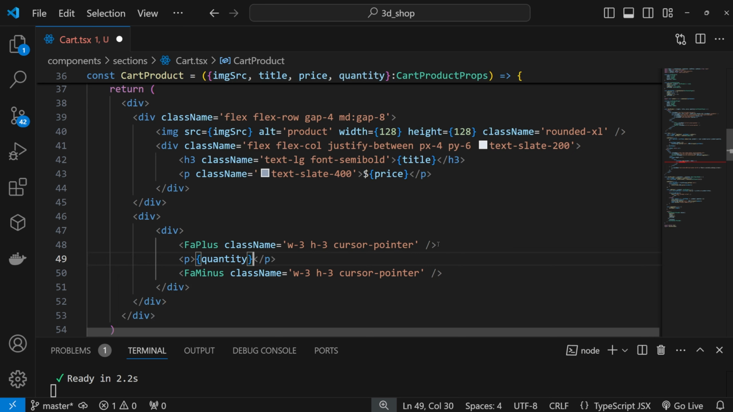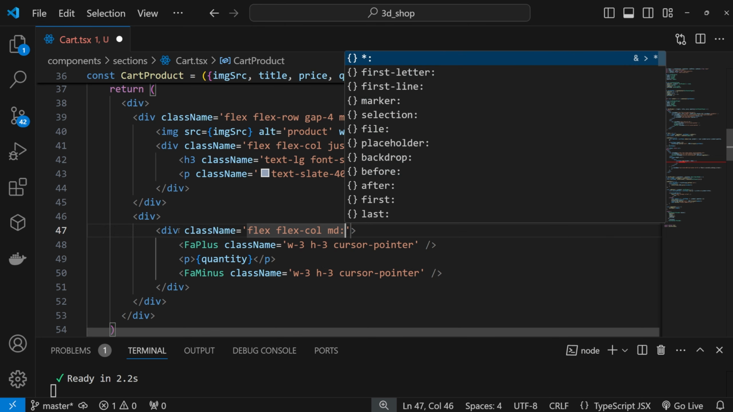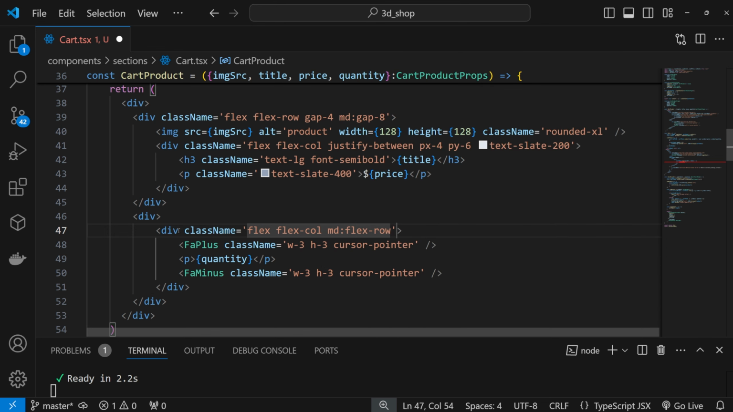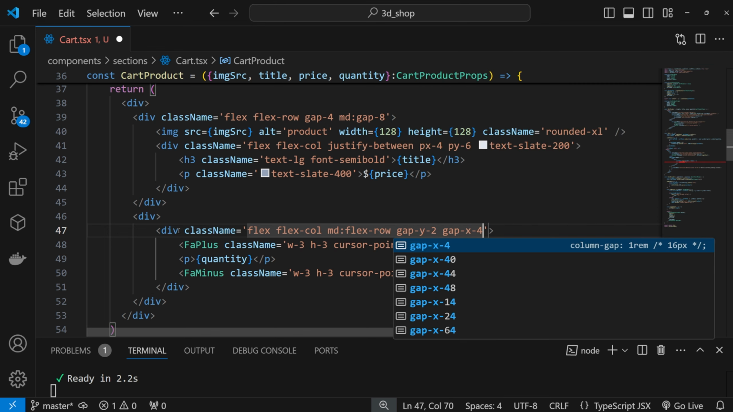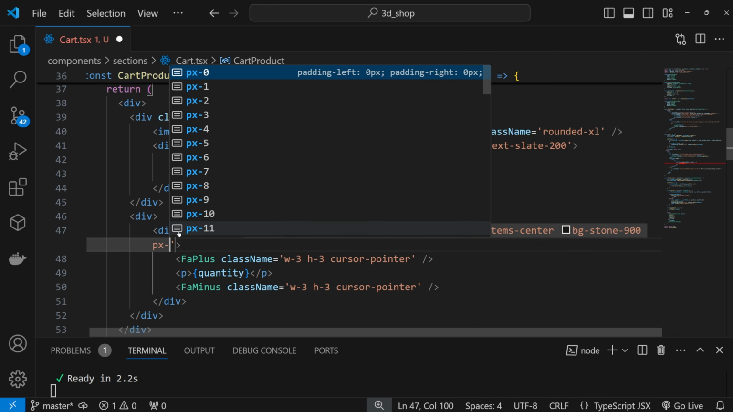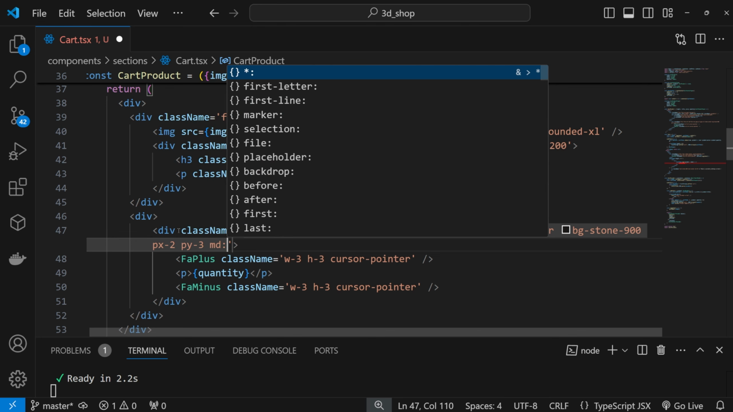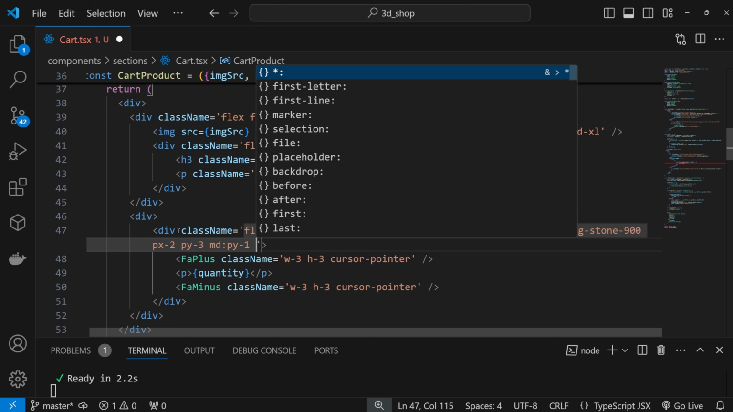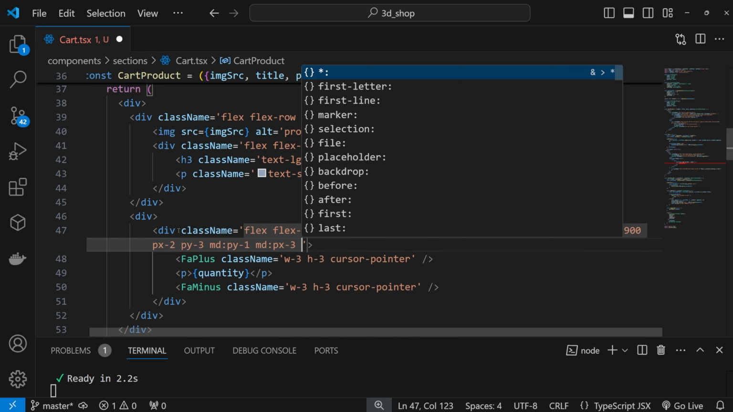So do like this. Then we need to go to this div and add some class names. So set flex, then flex column, but in medium screen size we want flex row. Also set gap y equal to 2, then gap x equal to 4, then items center, background tone 800, padding x equal to 2, padding y equal to 3, but in medium screen size we want padding y equal to 1, and in medium screen size we want padding x equal to 3. And finally, let's write rounded full,